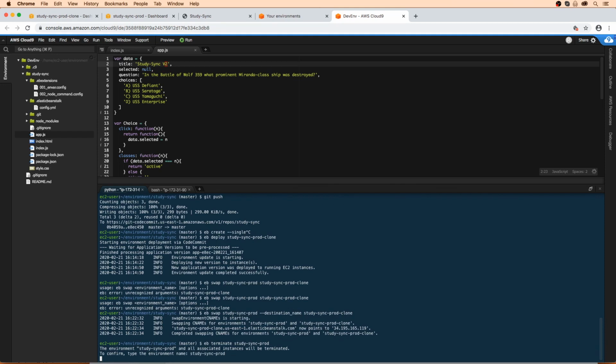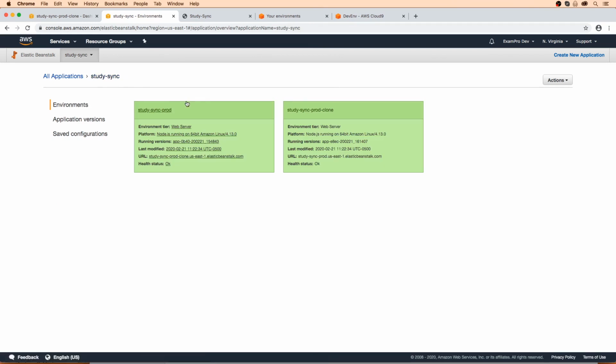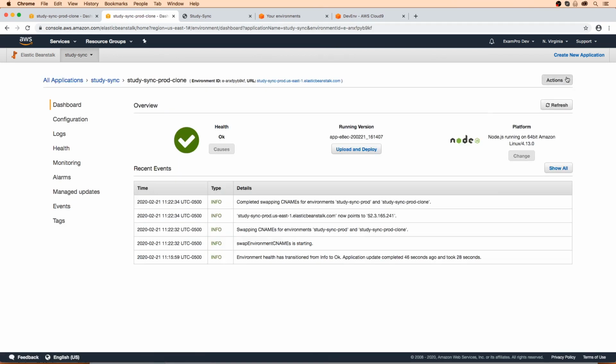We'll hit enter. And that's going to terminate. Now, we're pretty much done with blue-green deployment here. And with that out of the way, we can actually move on to learning how to deploy a single Docker container next. So what we're going to need to do is rip down everything because we do not need even this clone anymore. So I'm going to also terminate this one, but I'm going to do it through the console